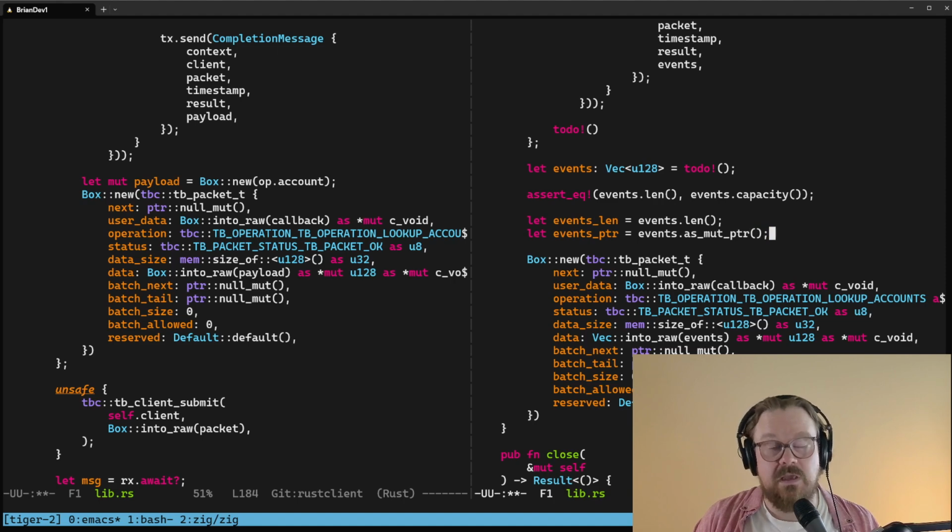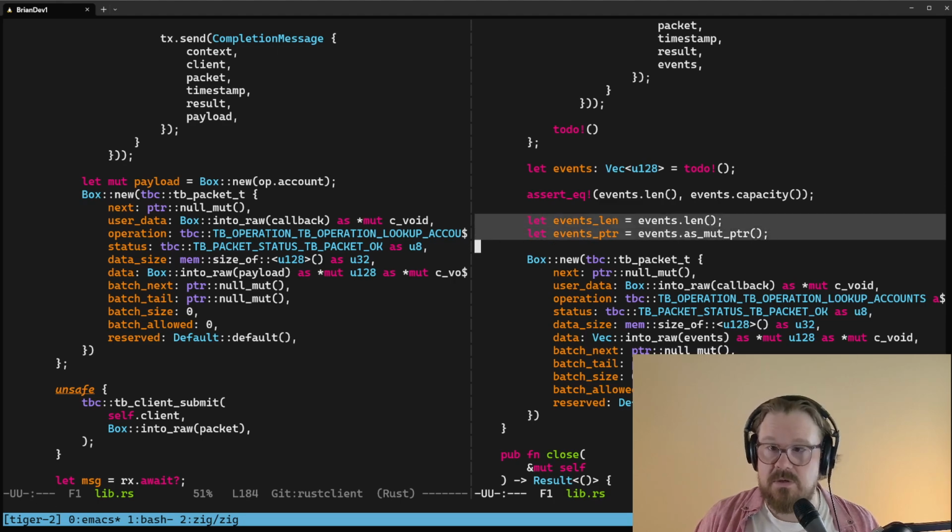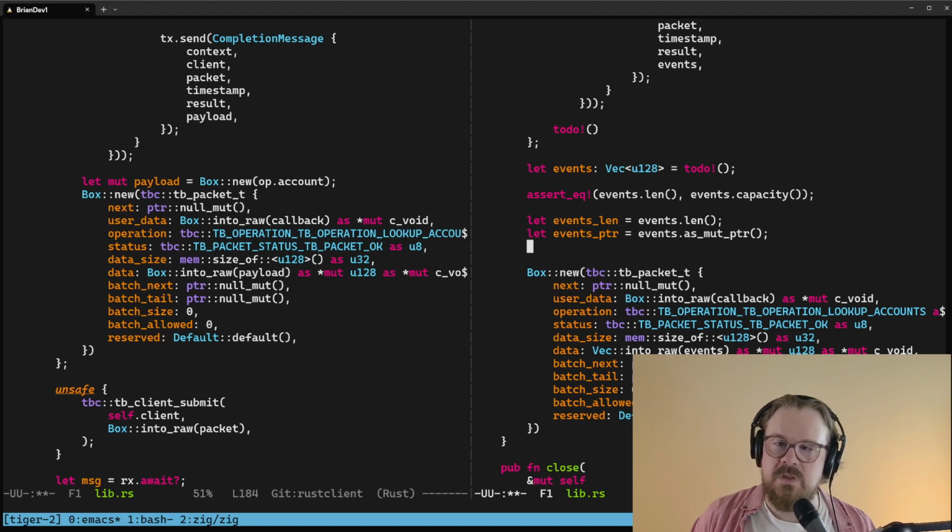And now we have to forget that owned box or that owned vector. Because part of this is that we are handing off ownership of these pointers to TB client, because TB client is going to be mutating things potentially or reading things unexpectedly. We just want to make the ownership very clear that while the submission is enqueued, we don't own anything. It's all owned by TB client. That might not be necessary for all of these pointers, but let's just make the ownership very clear. I like that. So I'm going to say mem forget